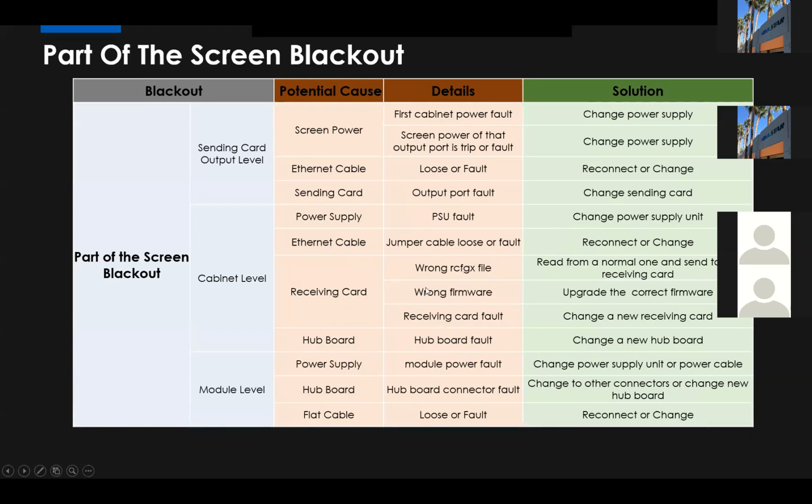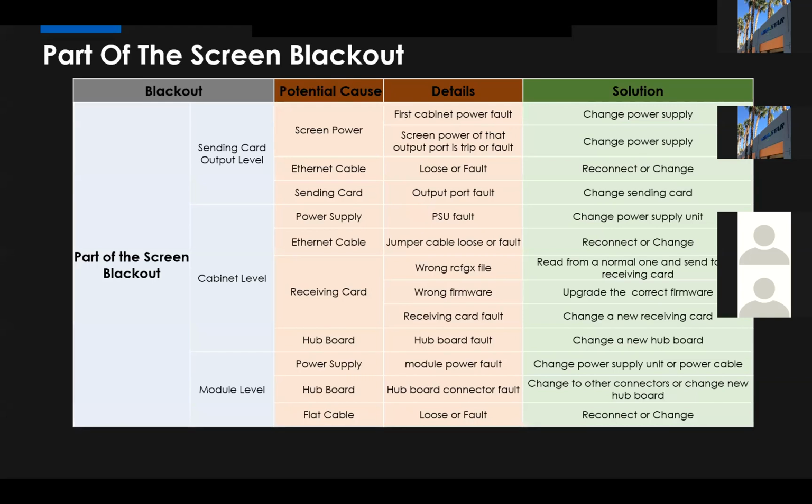And for the receiving card, we've got 3 parts. The wrong RCFGX file: we can read from a normal one and send to this receiving card. Sometimes in one whole screen, one part may have a different, wrong RCFGX file. So what can we do?